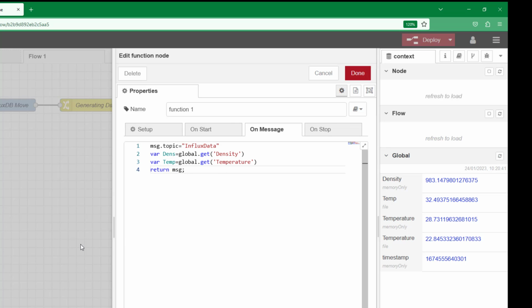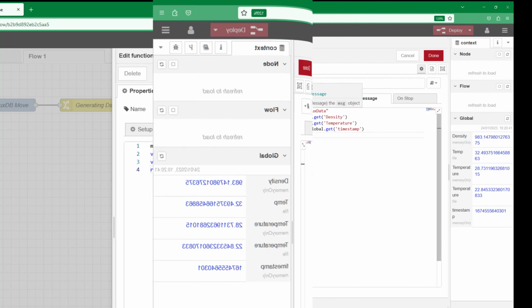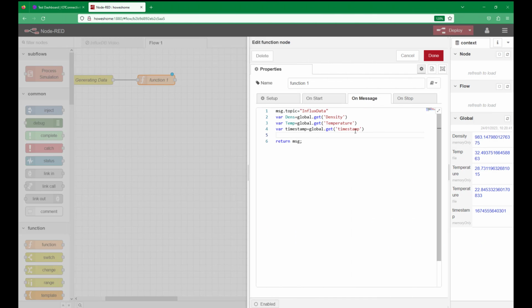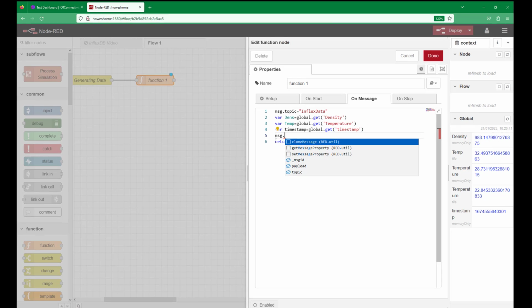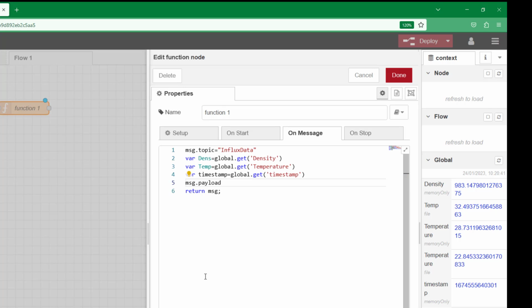We've got the two values. We'll add the timestamp, and then we'll start working on our payload. I've mapped in the timestamp here, but all I've done is moved this to temporary variables that I can use to create a payload. So to create a payload in JSON format, we'll use msg.payload, and you can see it here, so I can build the description up,